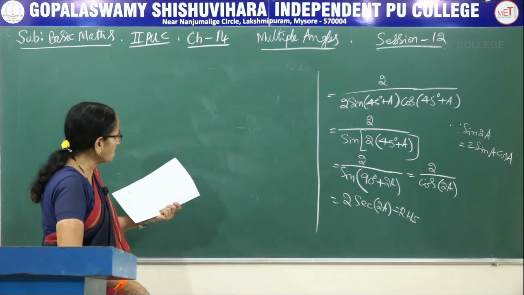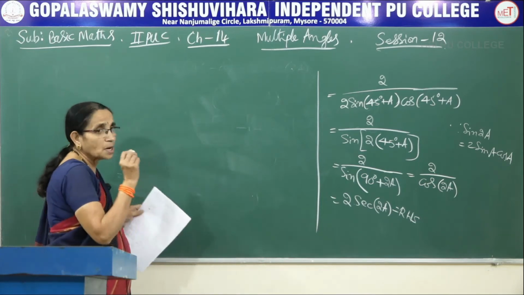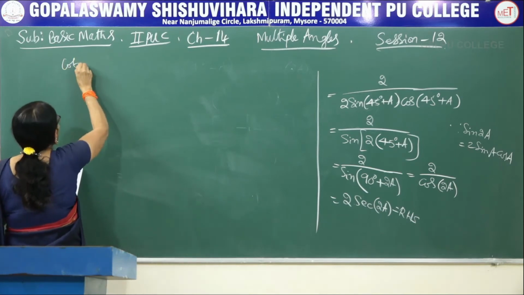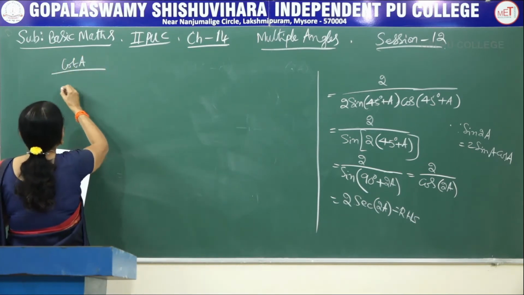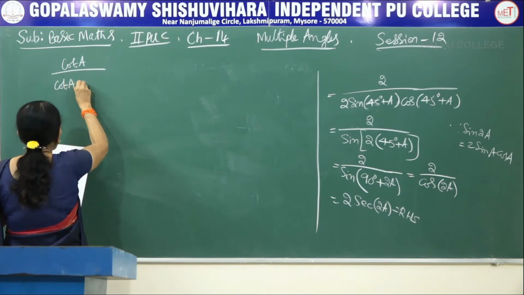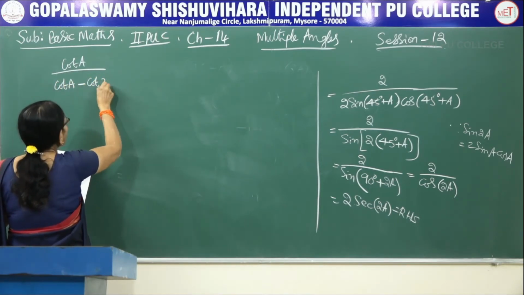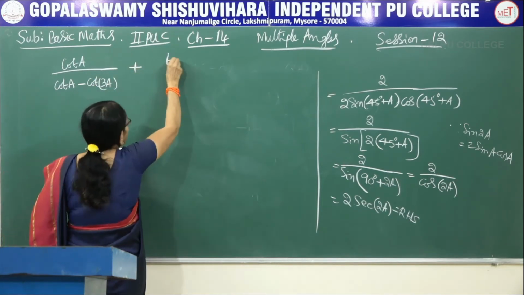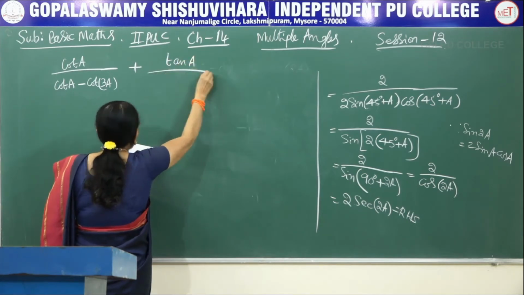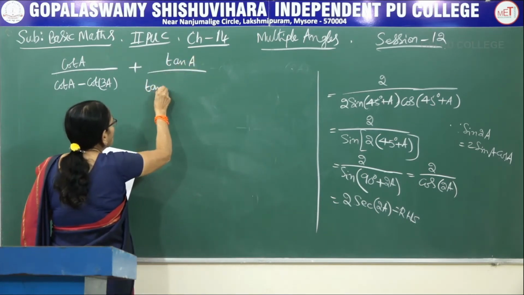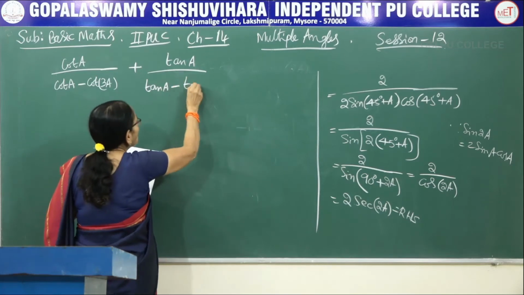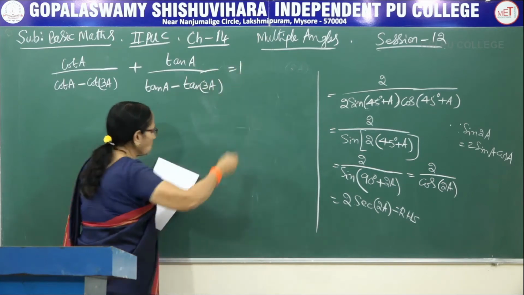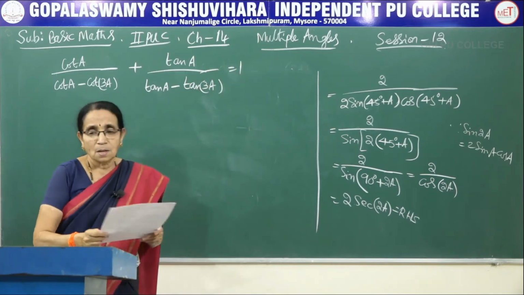Here again it is a little bit lengthy problem, so carefully understand each step and then let us solve the problem. We are proving certain result here. Cot A divided by cot A minus cot of 3a, then plus second term tan A divided by tan of A minus tan of 3a, that should be equal to 1. Now,